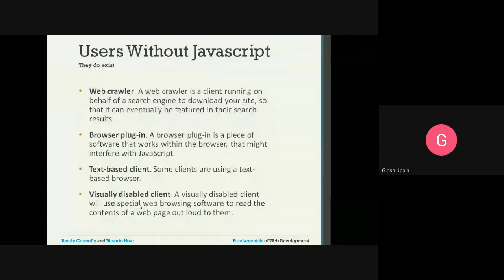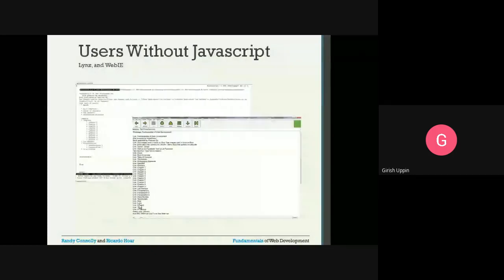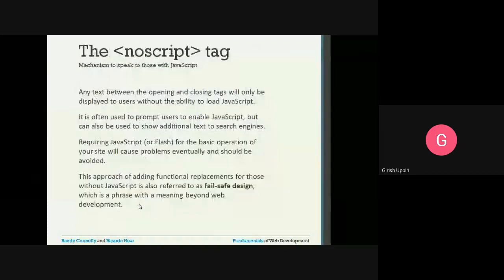The noscript tag. Any text between the opening and closing tags will only be displayed to users without the ability to load JavaScript. It is often used to prompt users to enable JavaScript, but can also be used to show additional text to search engines. Requiring JavaScript for the basic operations of your site will eventually cause problems and should be avoided.